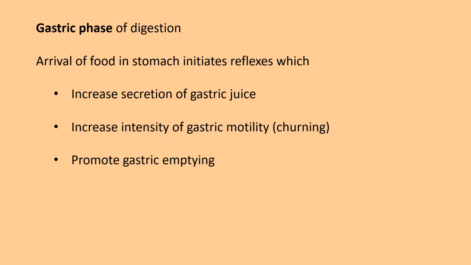The second type of sensory receptor we have in the stomach are stretch receptors in the wall of the stomach. They're constantly monitoring the degree of stretch, which is really an indicator of how much food is in the stomach. If your stomach is empty, there's very little stretch. If you've eaten a small meal, there's a little bit more stretch. But if you've eaten a tremendous amount of food, there's a great deal of stretch. Those stretch sensitive cells are constantly firing, and the rate at which they fire indicates how distended, how stretched out, the wall of the stomach is with food.